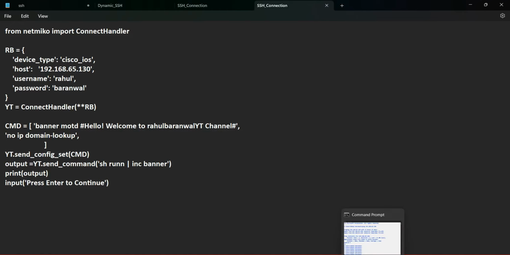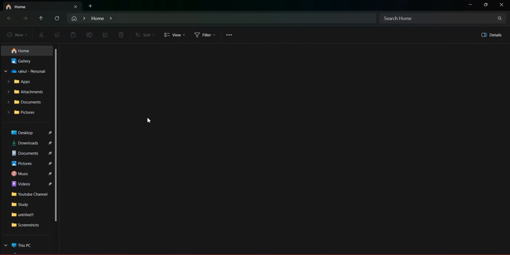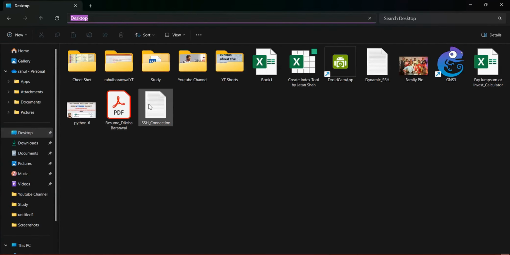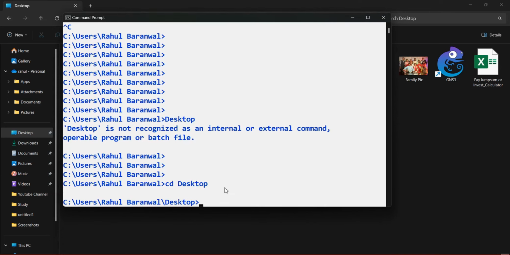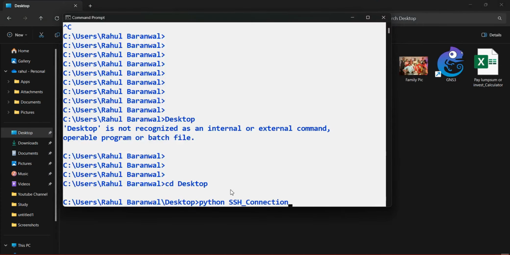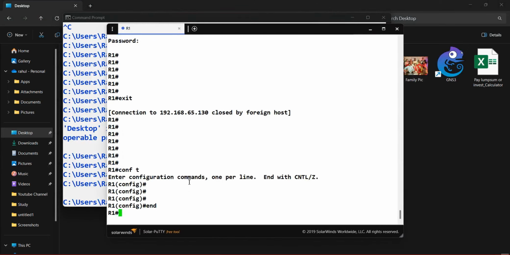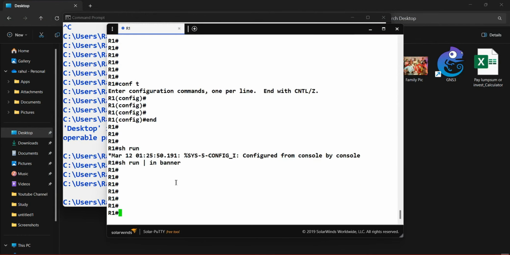We'll have to move to our CMD. First, we'll have to give the path. So our path is desktop. We will copy here and paste. Desktop is not recognized, okay, so we'll have to use cd and then desktop, and then we'll have to type the command python, and our file name is ssh_connection.py. So before running this command, let me show you no banner is configured, right? So let's run this script,